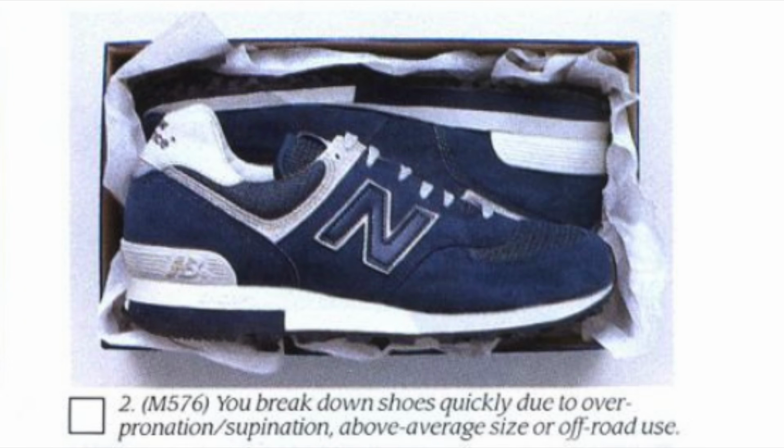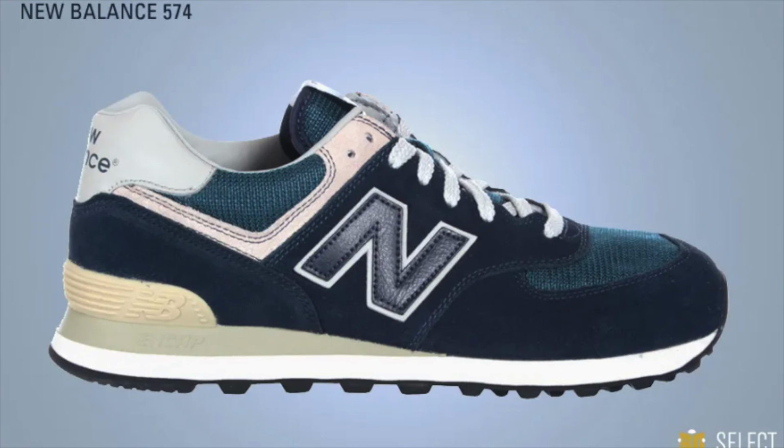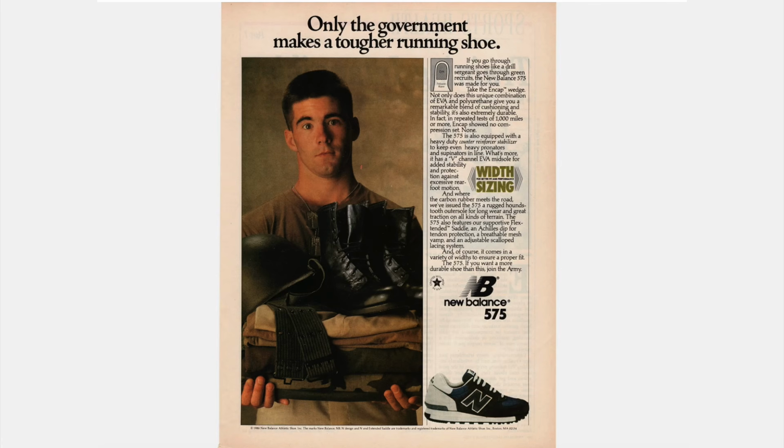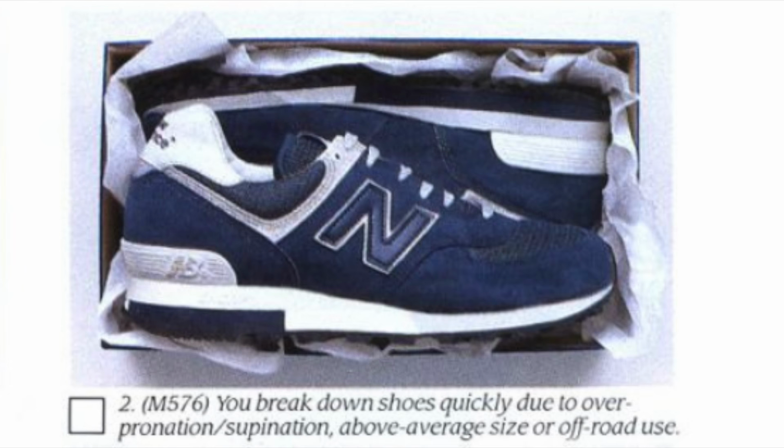So the crazy thing to me is the 576 actually came out before the 574. It was released originally in 1988 and it was predominantly an all-terrain running shoe. But take a quick step two years back, in 1986, New Balance released the 575 model. So the 575 was released in '86, the updated 576 was released in '88, and then they had a prototype